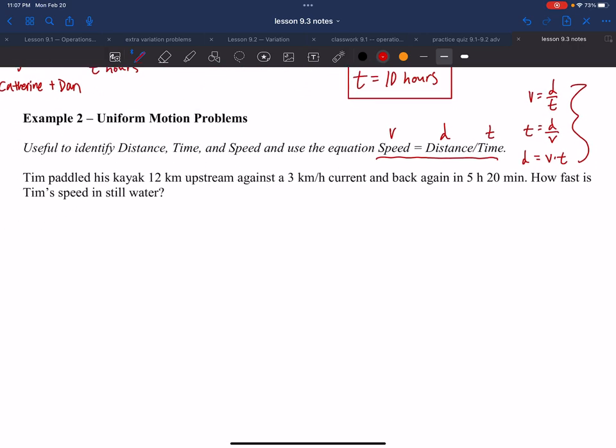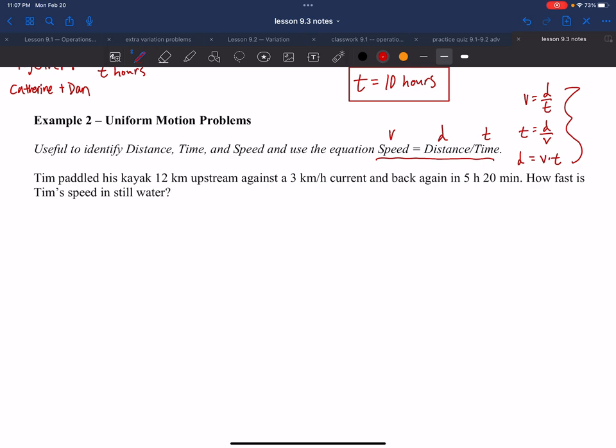Okay, so let's look at what we're given here. Tim paddled his kayak 20 kilometers upstream against a 3 kilometer per hour current and then back again in 5 hours and 20 minutes. Now we ask, how fast is Tim's speed in still water? Okay, there's a lot of pieces here. So first of all, let's address what they're asking us. How fast is Tim's speed in still water? That's what we're solving for. So let's call x Tim's speed